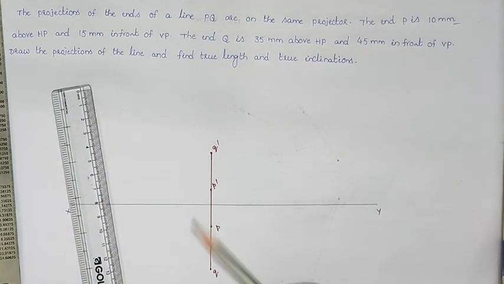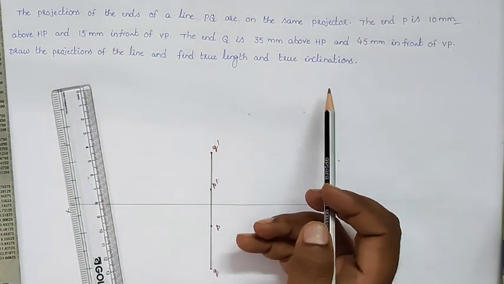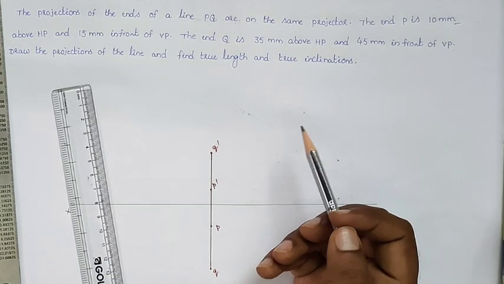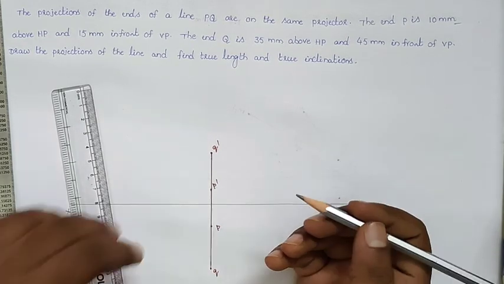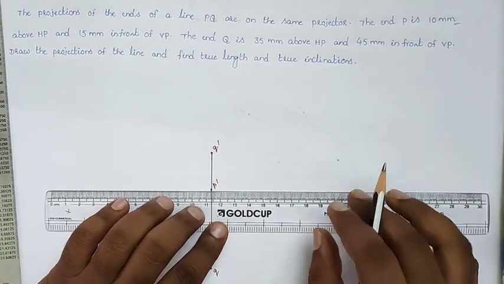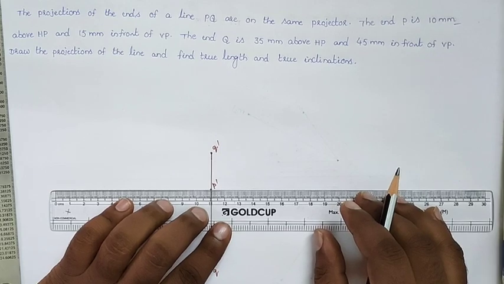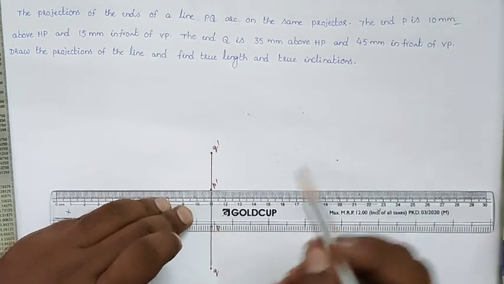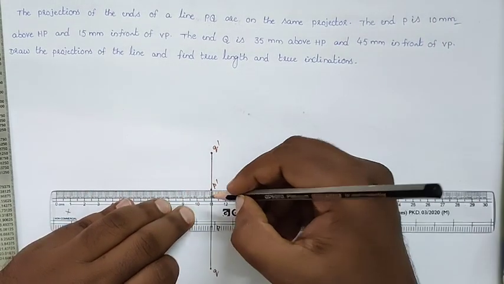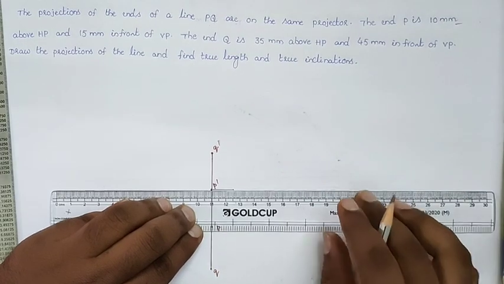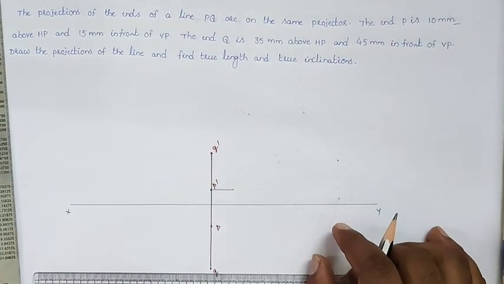Now you can follow. For finding the true length and true inclinations, you can use the rotating line method or you can use the trapezoidal method, but I am following the trapezoidal method here. So from P dash we will draw the perpendicular line with an angle of 90 degrees. Take the opposite dimension of P. What is the opposite dimension of P? It is 15 mm. So we can draw 15 mm with an angle of 90 degrees, and also from